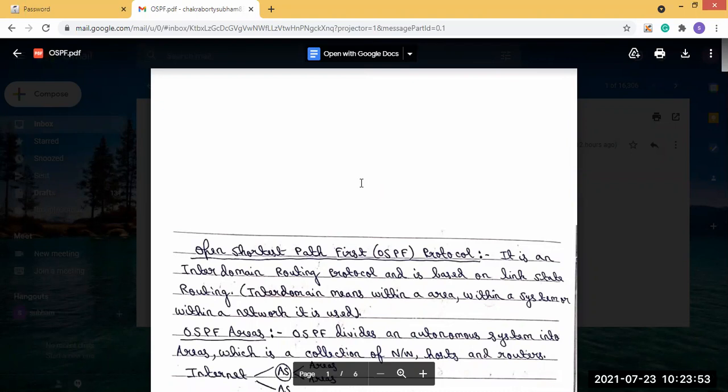Areas will contain the collection of networks, hosts, and routers. So that means in the area, it will be the collection of networks, hosts, and routers. It is the collection of that. So that is what you see,